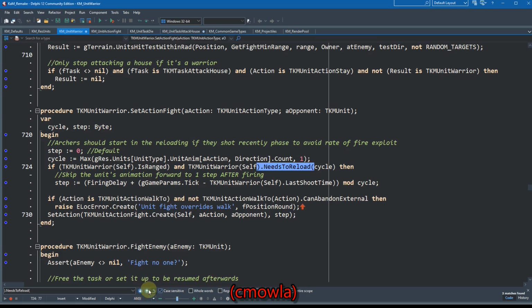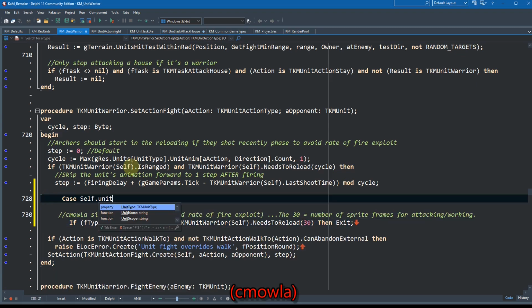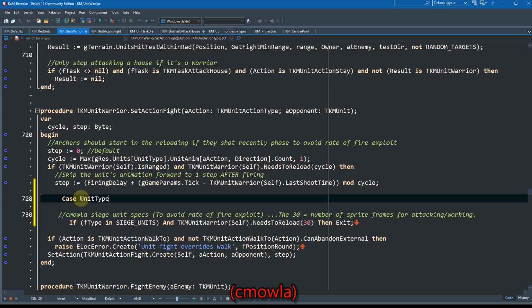Let me find it with control find. There's only 2 occurrences of it in the whole thing. I'm probably going to have to make a case of, yeah, self dot, so self is the unit, but unit type is here too. So I can access the unit type directly. I don't need to do self dot unit type of,